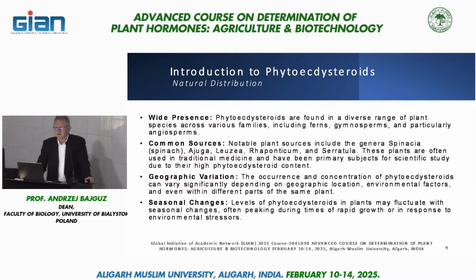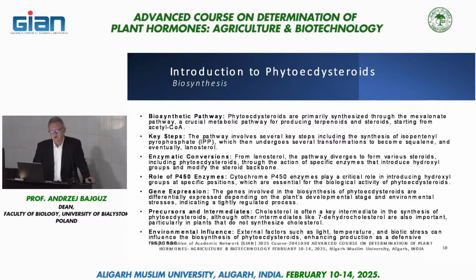Like many biologically active molecules, phytoecdysteroids originate from complex metabolic pathways that convert simple building blocks into structurally sophisticated compounds. The biosynthesis of phytoecdysteroids primarily occurs through the mevalonate pathway, which is the well-known route for the production of steroids and terpenoids in plants. This pathway begins with a very simple precursor, acetyl coenzyme A. From there, the process follows several key steps: formation of